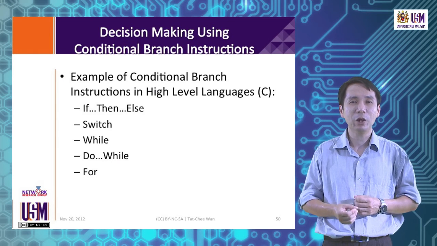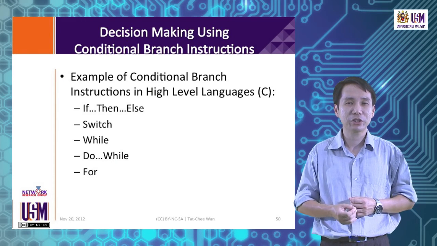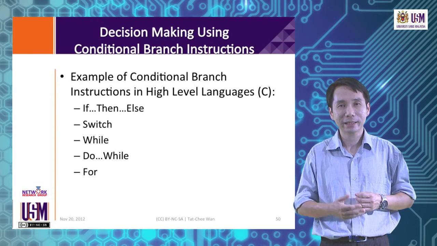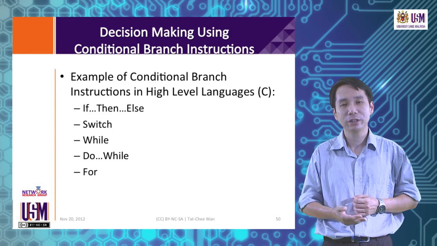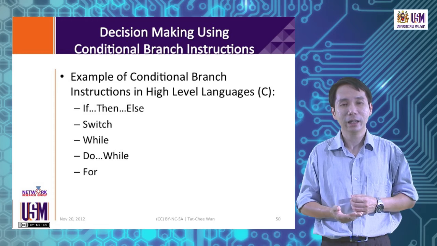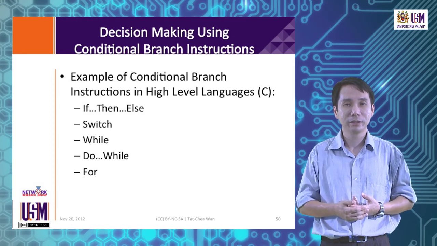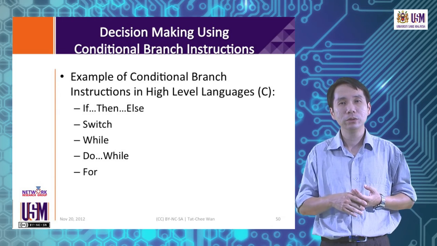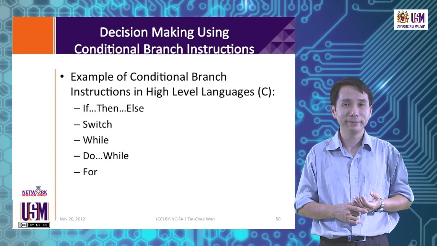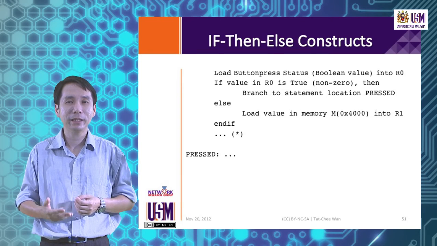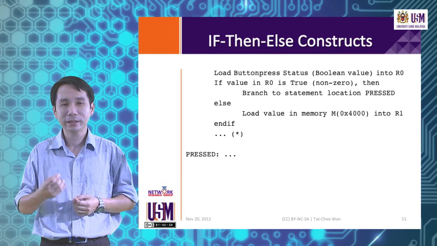We will now see how we can use these conditional branch instructions for decision making. Examples of conditional branch constructs in high-level languages such as C are if, then, else, switch, while, do while, and for. We will study the case of the if, then, else construct. This is a fragment of